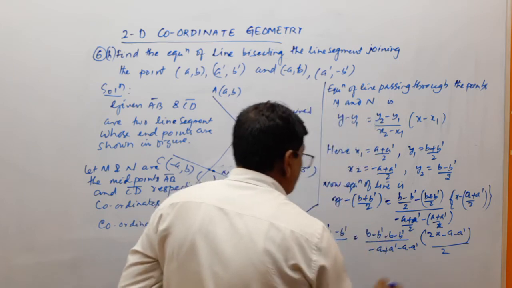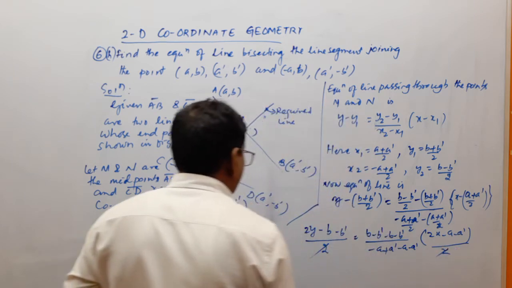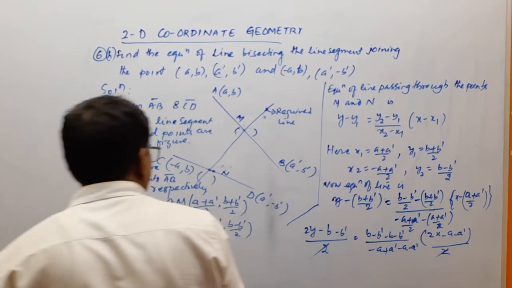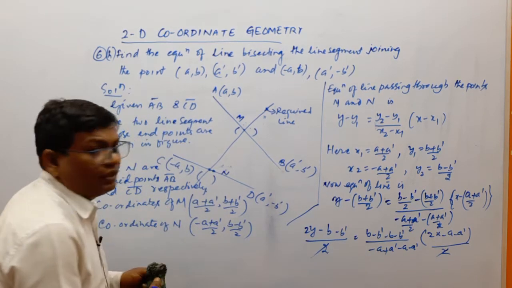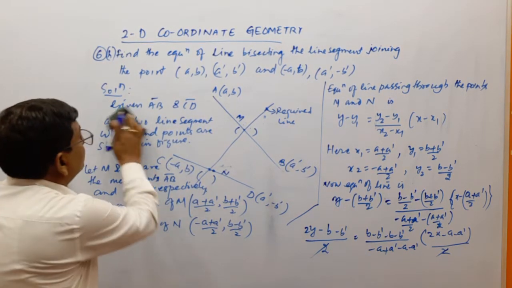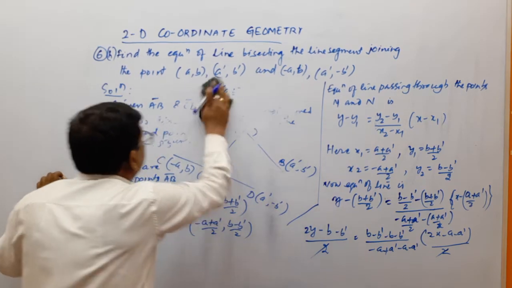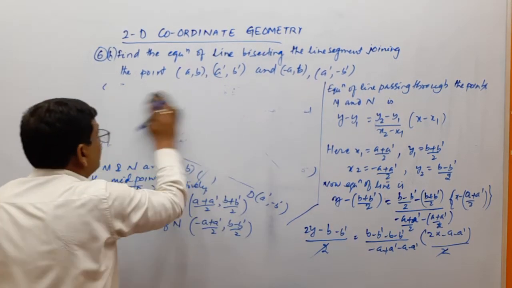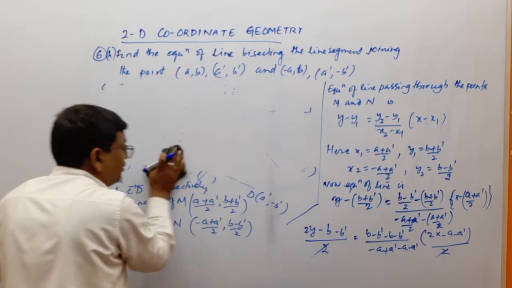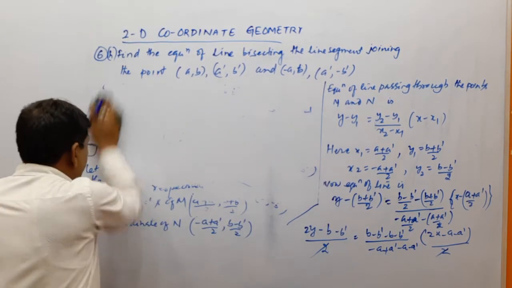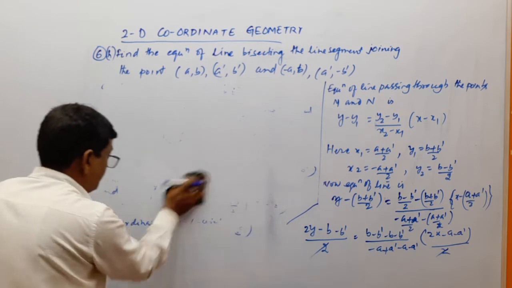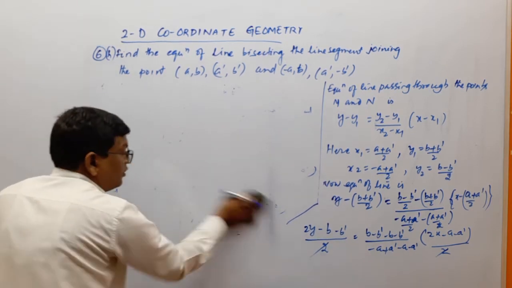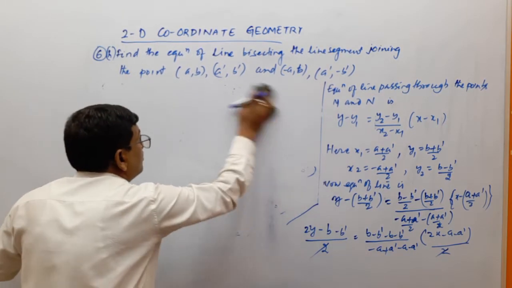So these two cancel. Now what is remaining here, 2y minus